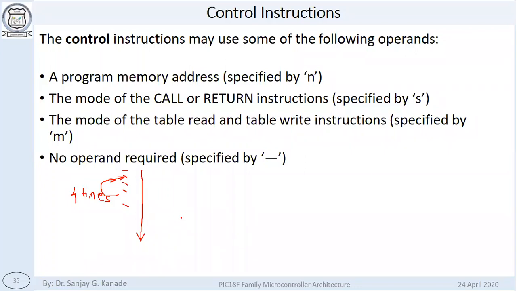Okay, so in general, the operands in this case are the program memory addresses. Why program memory? Because these addresses are the program memory addresses. Instructions are stored in program memory. So what we tell the program is that instead of going to the next instruction, go back to the previous instructions. This is how we are going to change the